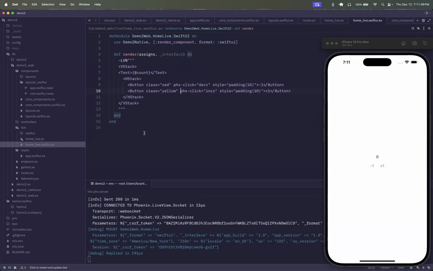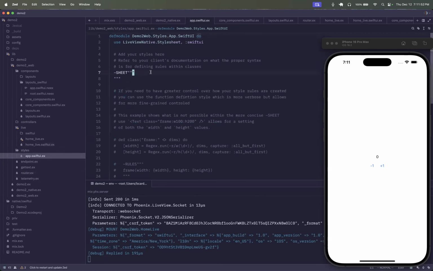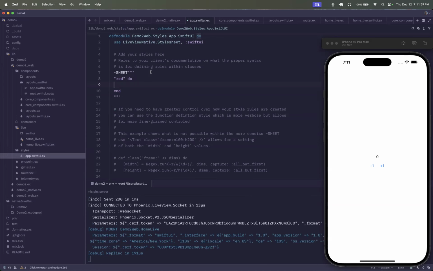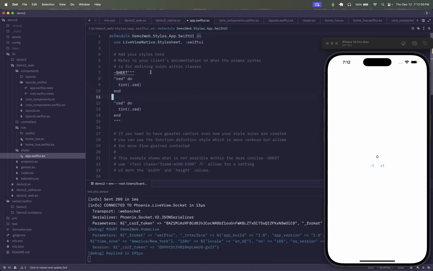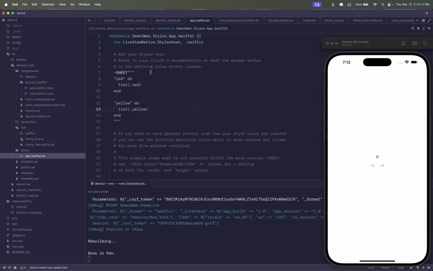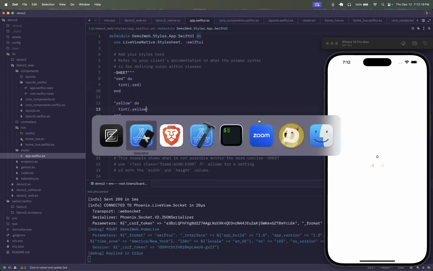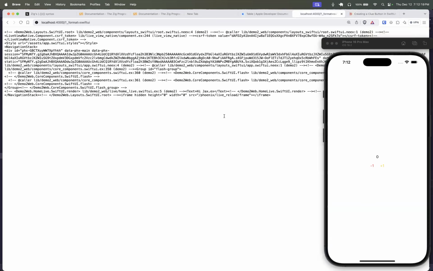So no styling yet because we haven't done it. This is where we go over to our style sheet here. So we're going to do red, and we're going to do tint red. And then we do yellow. And if we were to go and look at the back here, what we see is that in our markup, we have this style element, and this references our style sheet. So if we were to open this,